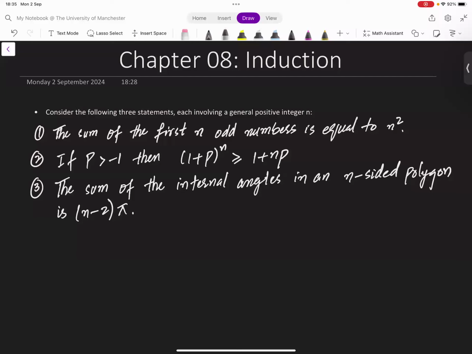If you talk about these three statements, a polygon is a closed figure with straight edges, such as a triangle has 3 sides, a quadrilateral has 4 sides, a pentagon has 5 sides. Okay, we can check that these statements are true for various specific values of n. For instance,